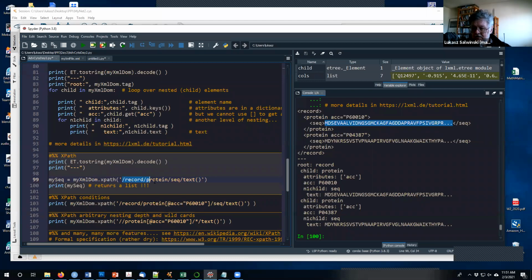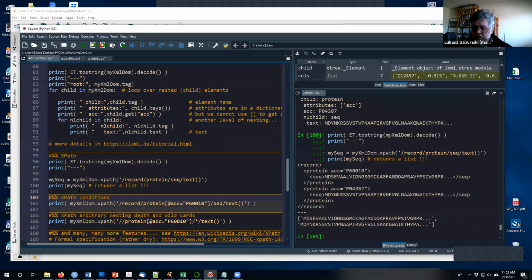So this corresponds to descending through the nested set of elements down to what's here. Once we specify something like this, we can just call this method called XPath. It's going to interpret the string and try to find what's matching. And if we run it,